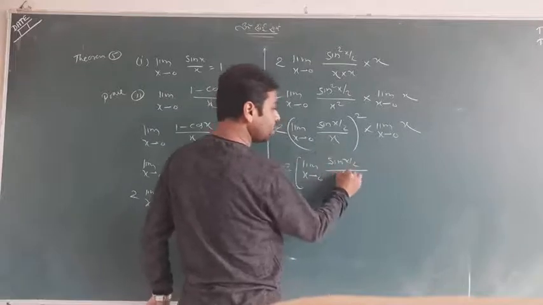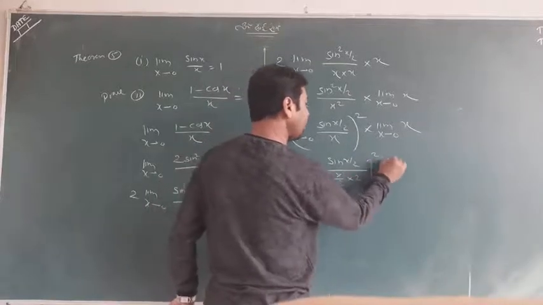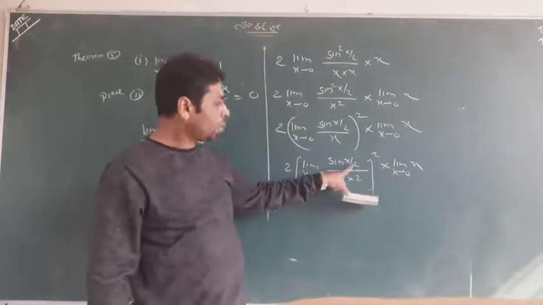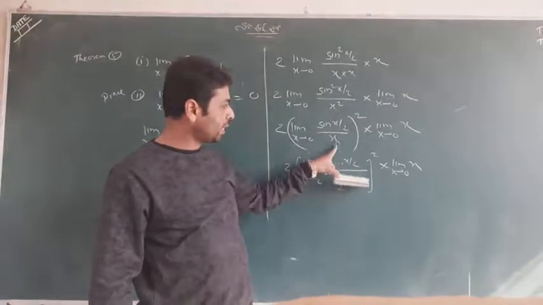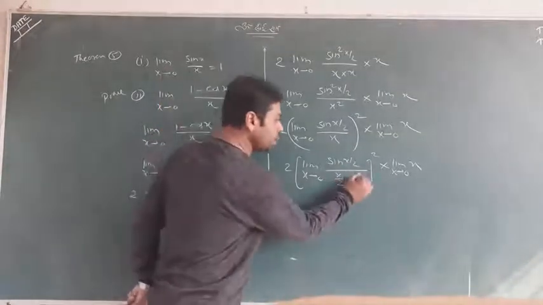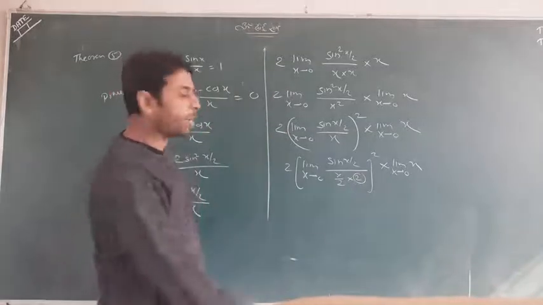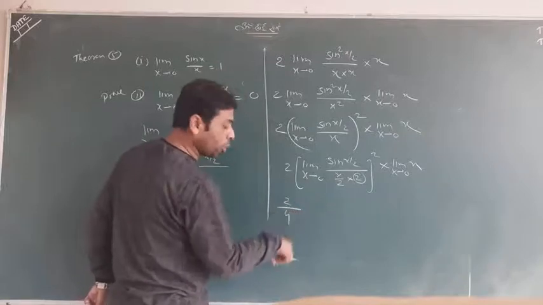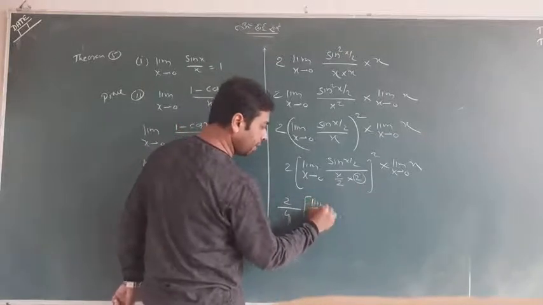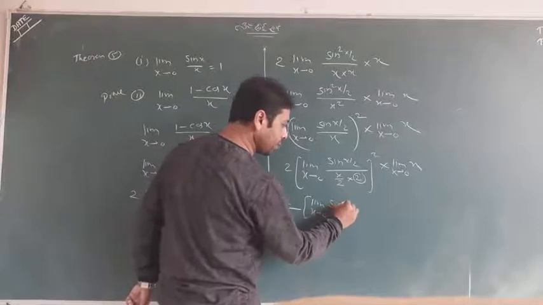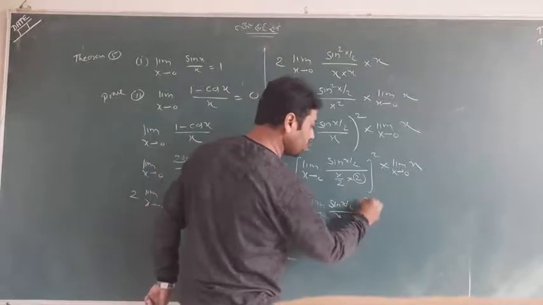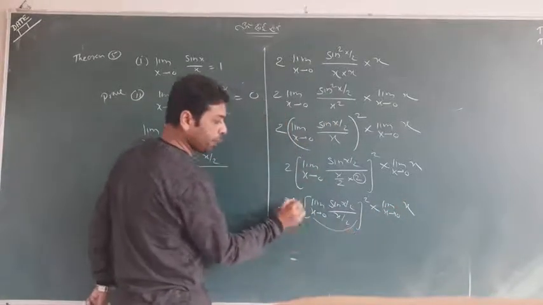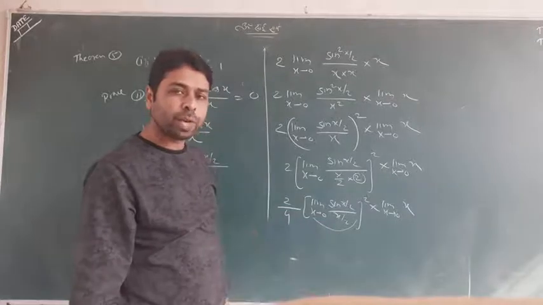This is x, so I divide by 2 and multiply by 2. Why did I do so? Because it was x by 2 angle, I wanted to make this x as x by 2, multiply and divide by 2. Then this 2 I will make outside because it is a constant value. 2 had a square, so 2 twos are 4, and 4 will go outside in the denominator, and the remaining is limit x tends to 0 of sin x by 2 upon x by 2 whole square into this. Lastly, this is whole 1 because angle equal to denominator we have obtained.